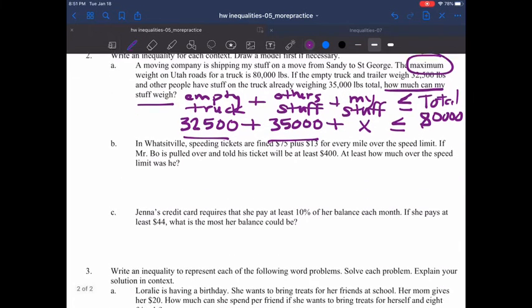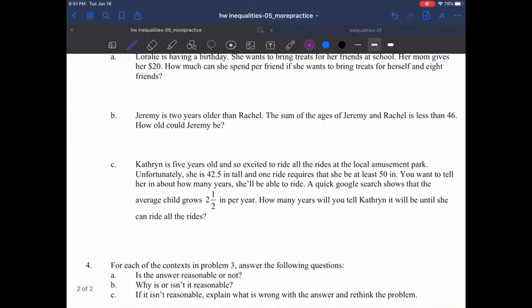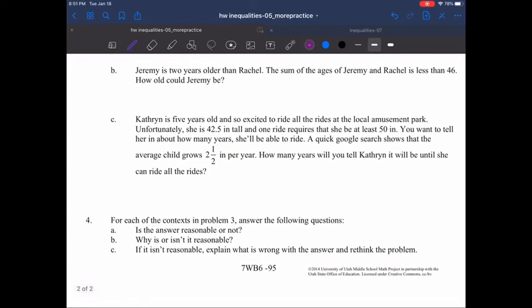All right. The next example I'm going to do is this part B. Jeremy is 2 years older than Rachel. The sum of the ages of Jeremy and Rachel is less than 46. How old could Jeremy be? Okay, again, calculator brains off for a minute. Let's just talk about what's happening here. So we have the age